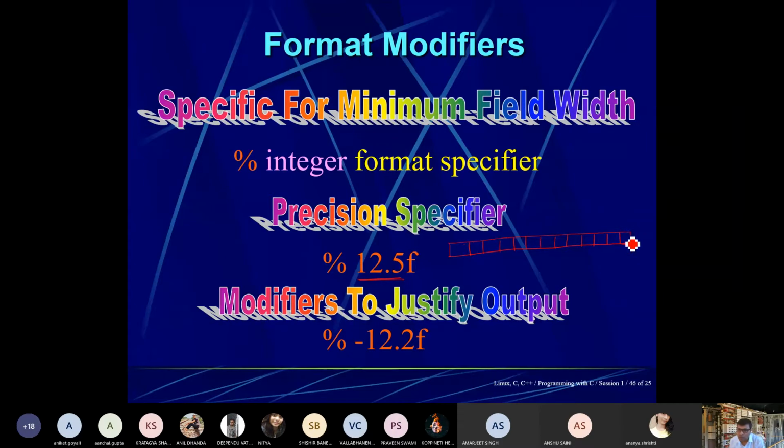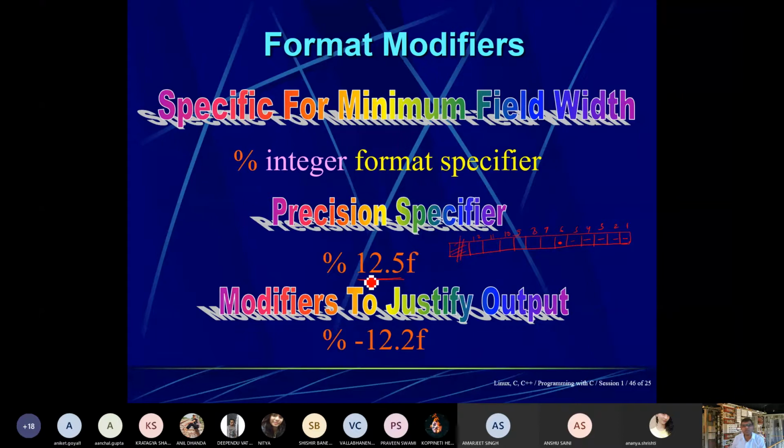So 5 places of decimals: 1, 2, 3, 4, 5. Place one decimal point here, and this is 6. So 1 to 12, and the left portion is left unused.